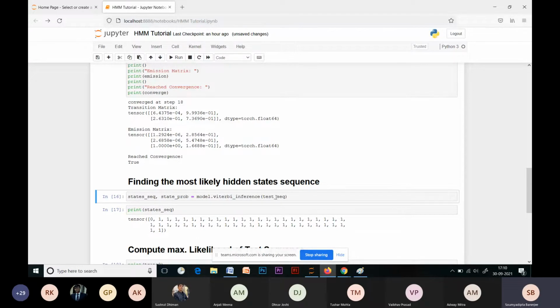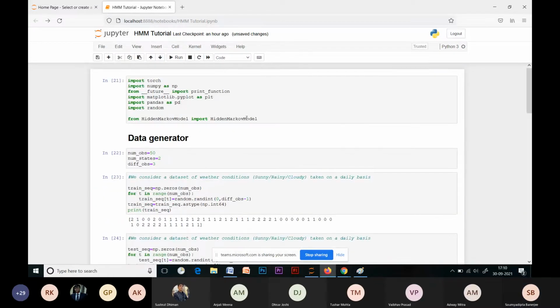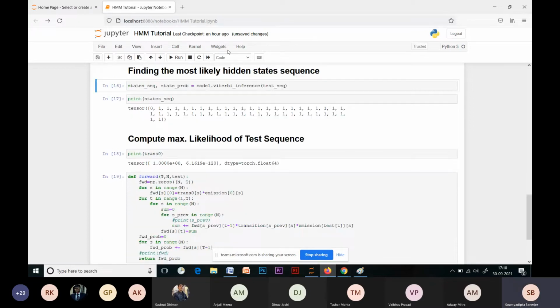This is another method which is pre-built into the hidden Markov model Python class, which we imported here. On doing that, we get this sequence of hidden states that the model has traversed. You can see it's 0, 1, so basically 2 hidden states. It's transitioning between 2 hidden states.